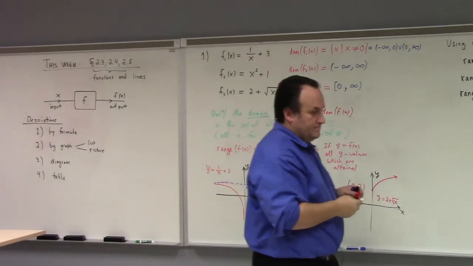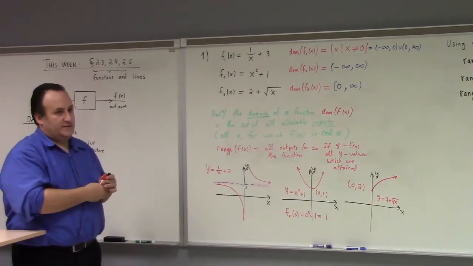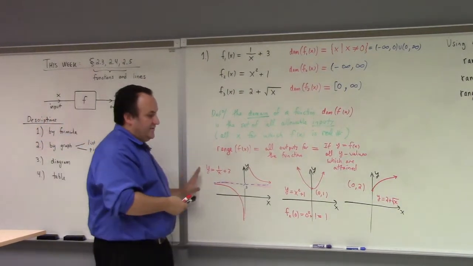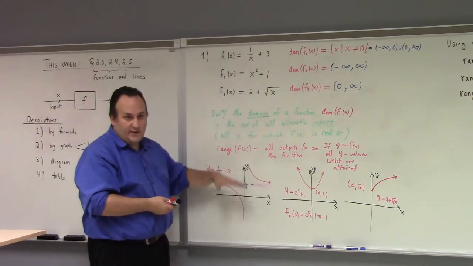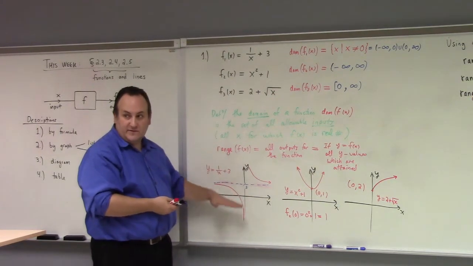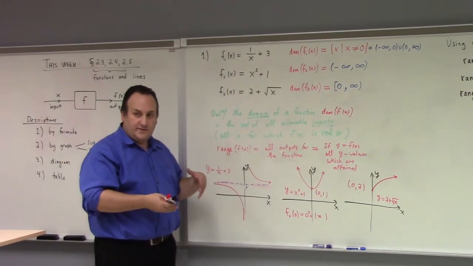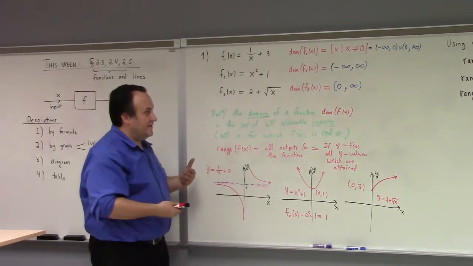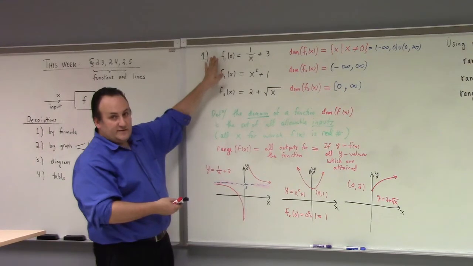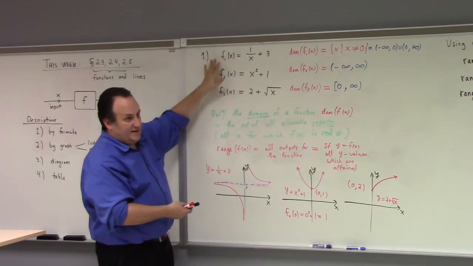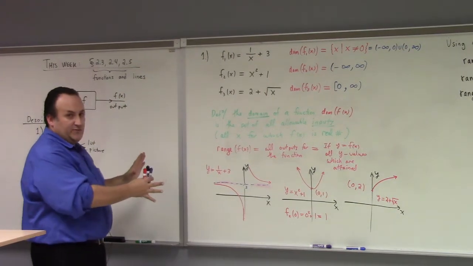All right. So just to recap here, given a formula, right? We will later learn how to make graphs of the formula, right? If you have the graph, you can see the range from looking at the possible y values. The domain, on the other hand, you don't have to make the graph, right? To figure out the domain, we just need to figure out which x values are allowed. And we didn't have to draw these pictures to figure that out. All we had to do was think about the formulas, which x are allowed, right? So the domain is the set of allowed inputs, right? So this is the formula viewpoint, right?